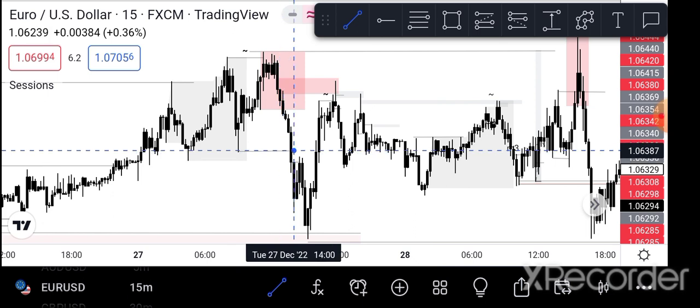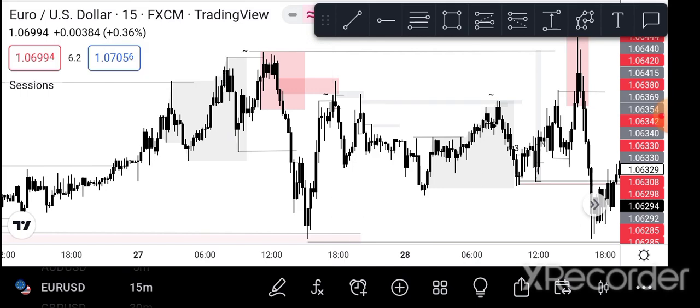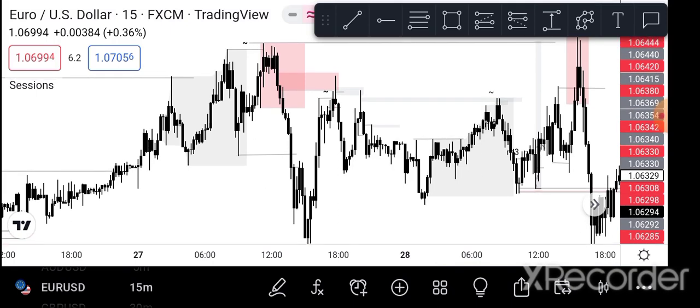Are you getting me? So the higher time frame is telling us bullishness, but now the lower time frame structure is giving us signs of bearishness. You have to give attention to those. So now